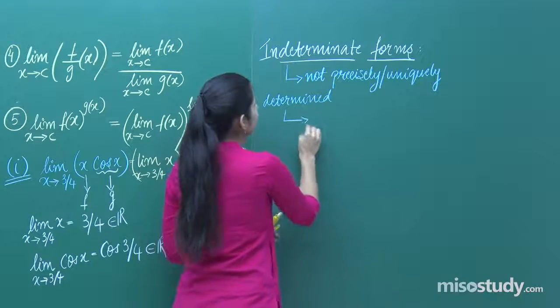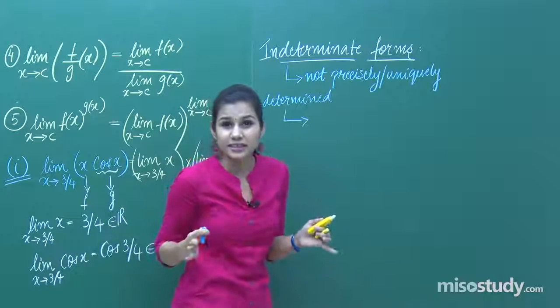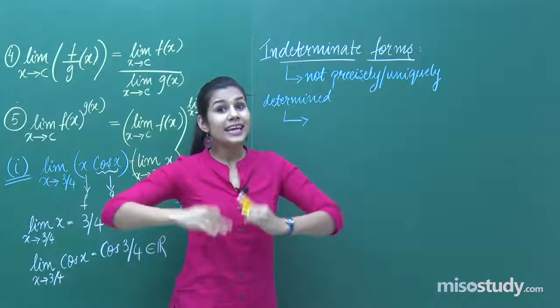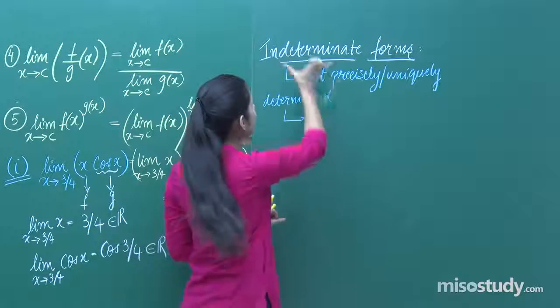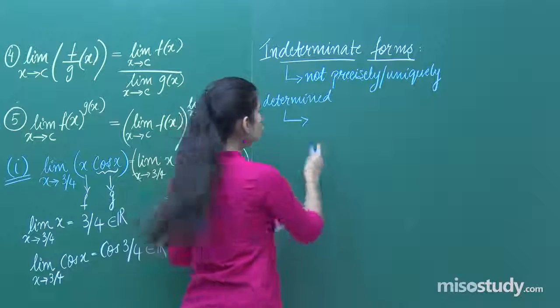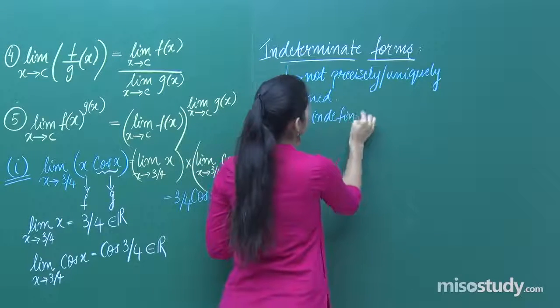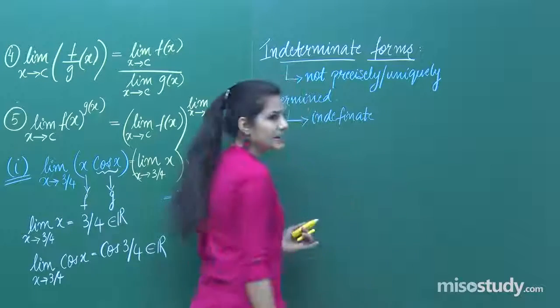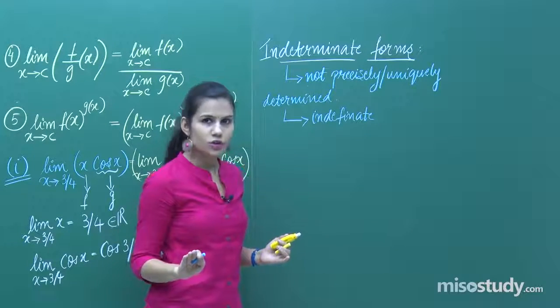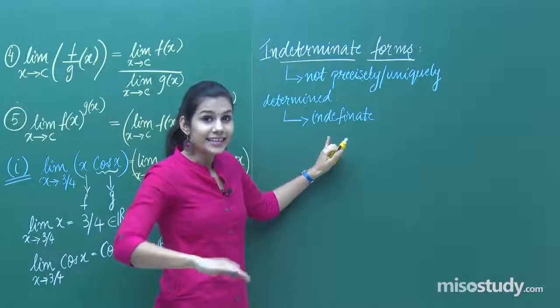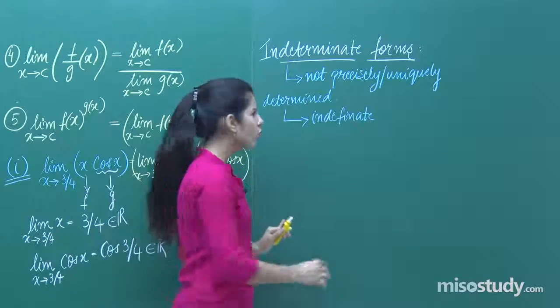Or I can say something which is not definite, something which is indefinite can be termed as indeterminate. So, indefinite. Something which is not definite can change, it can vary, it can alter, and therefore